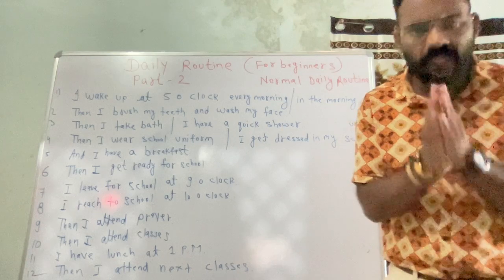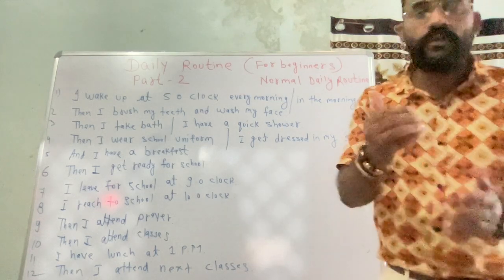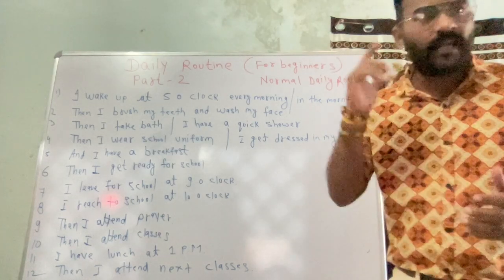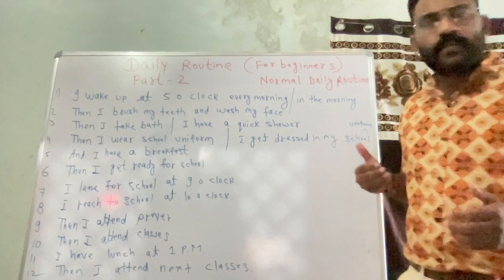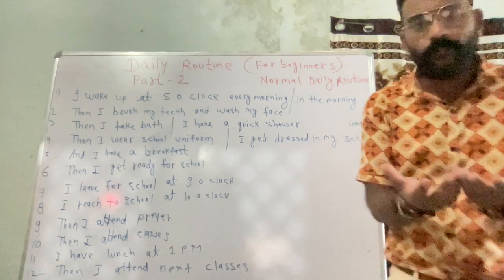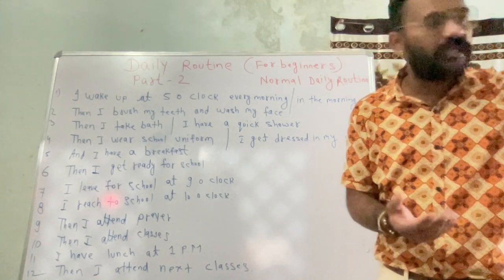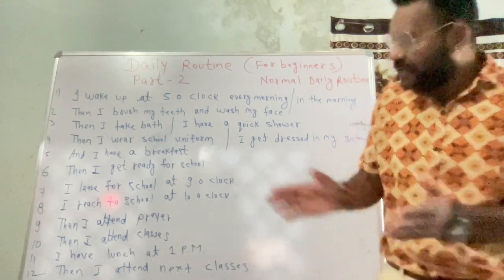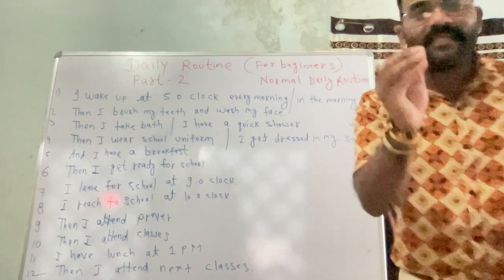Once your idea is clear, you can make sentences, your own sentences. You can utilize your brain, you can think with your mind, and say, this I do. So I have to speak like this, because I do not know what actually you do at home. You must be going for a morning walk, exercise, yoga, meditating, anything you could do. I do not know, but these are only examples, and based upon that you can choose any sentence.